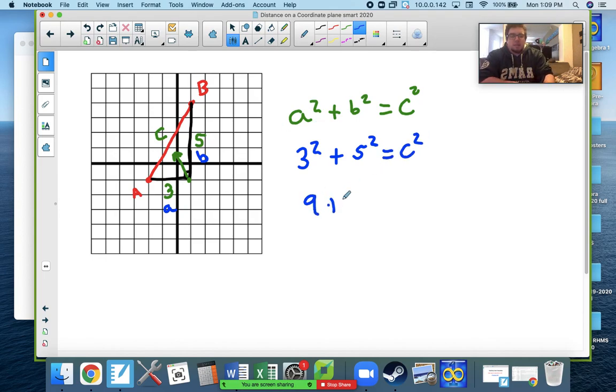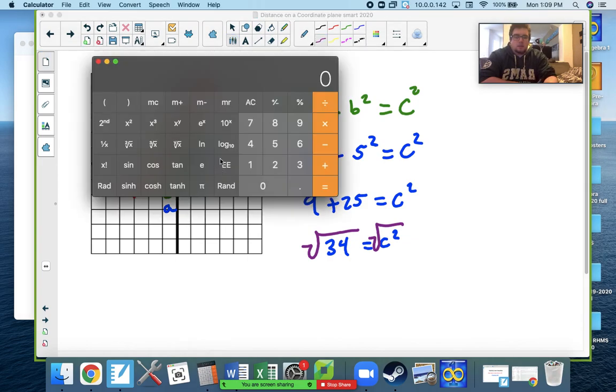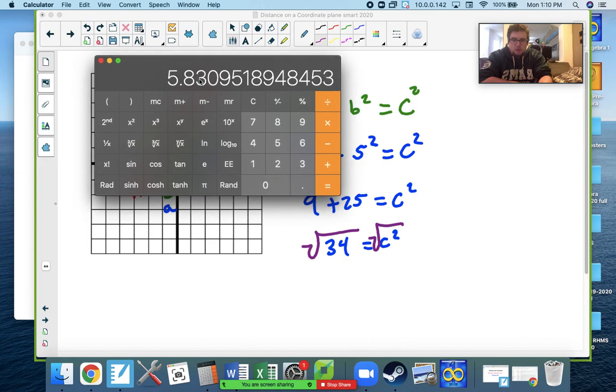That gives us 9 plus 25. That's 34. We square root both sides. So I'm going to take 34 and I'm going to square root it. I get this crazy long decimal. We're going to round it to 1 decimal place, so we're going to look at the 3. Since it's a 3, so 4 or less, that keeps our answer